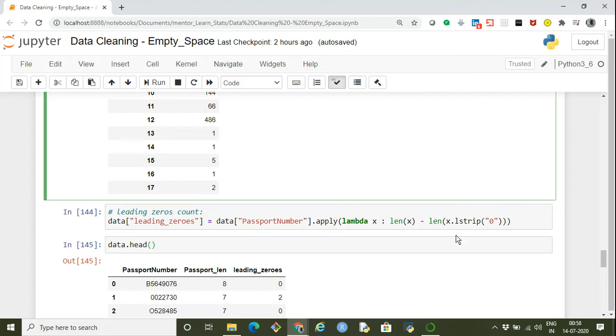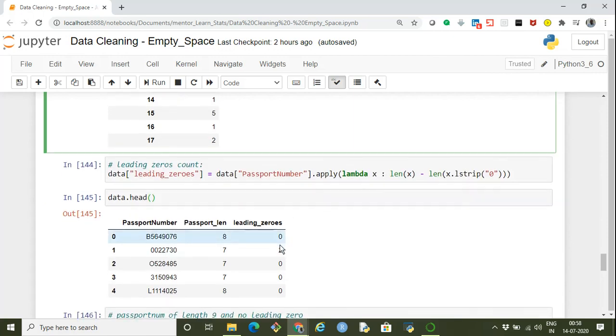So strip out all the zeros which are present in the leading side, and whatever is left, subtract that length from the original length. In this way you get the number of leading zeros, and I'm storing it in another column called leading zeros. So if I just display